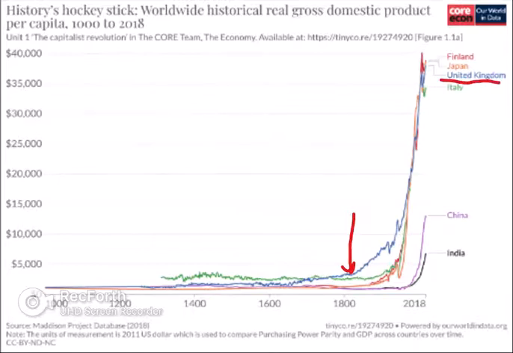focusing on the United Kingdom, because that was where the Industrial Revolution really started, and we can see it differentiate from Italy, Finland, and Japan, especially. So, before this point, we can see wages remained relatively constant. But why was this? Well, it was due to a thing Thomas Malthus described as the Malthusian Trap, which was